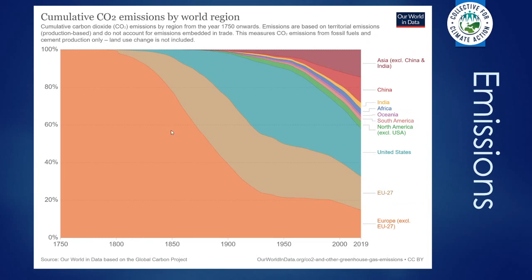And if you look back at it, some people might say, well, Britain's only 1% of global emissions, so what's our problem? Why do we have to do anything? Well, actually, this is Europe excluding the EU, and we're part of this now. But if you look back, pretty much all of this up to the 1800s was us, because of the Industrial Revolution. Us and wider Europe, we've clearly emitted more than everyone else put together in terms of carbon emissions. So we've got a clear kind of moral incentive to do more than others.